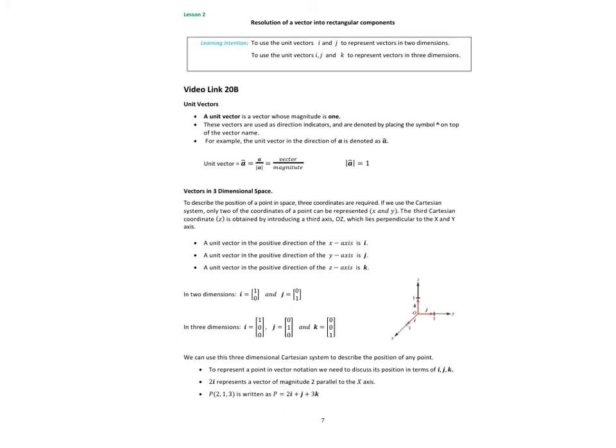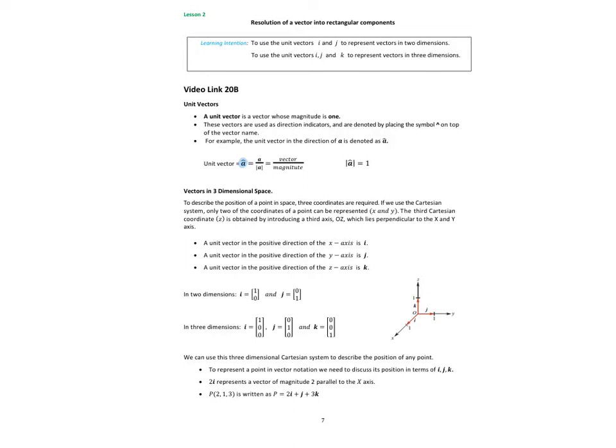A few more definitions. Now let's look at what a unit vector is. The name probably implies what it is. A unit vector is a vector of size 1, whose magnitude is 1. Often these vectors are used to indicate the direction a vector is going in. Now a unit vector,